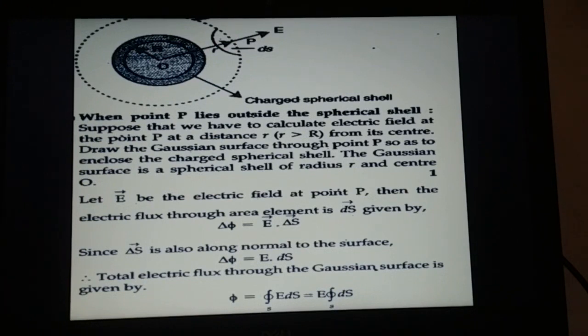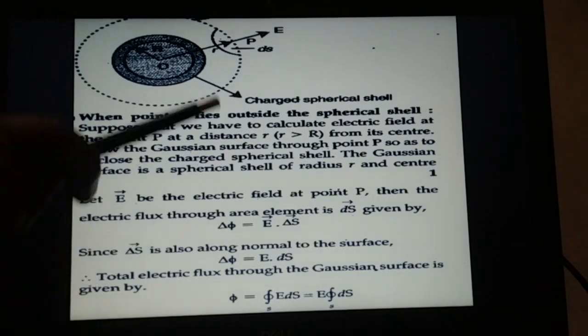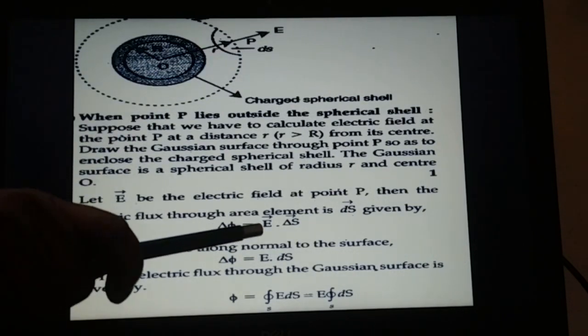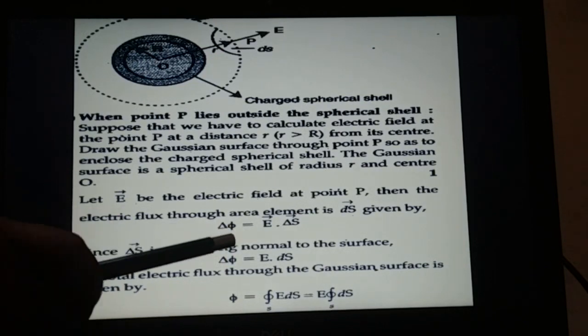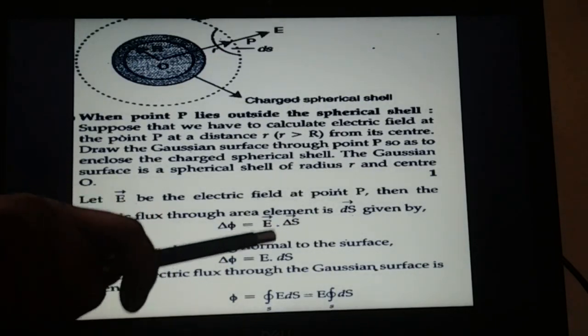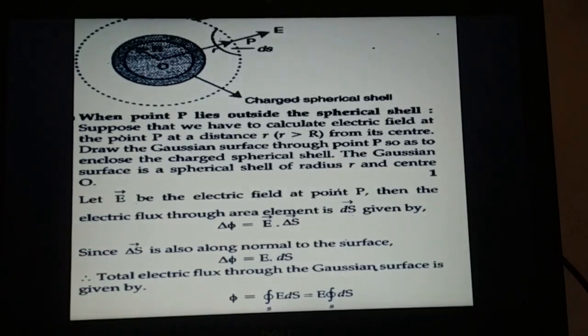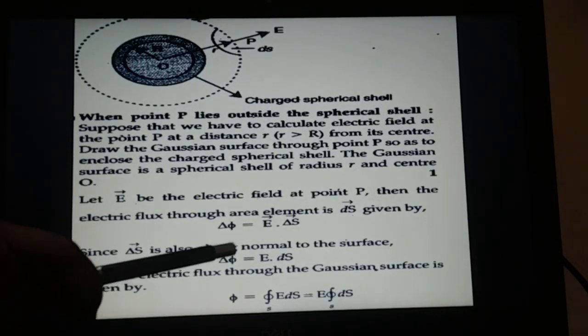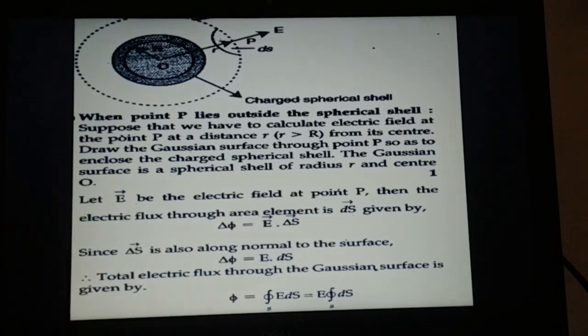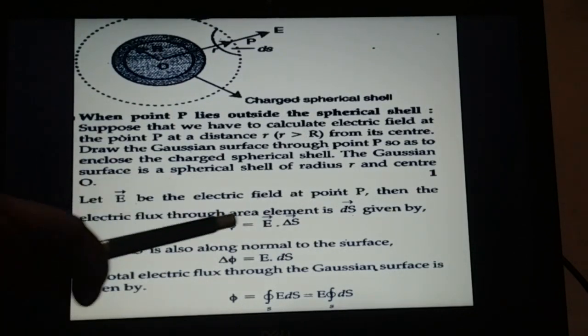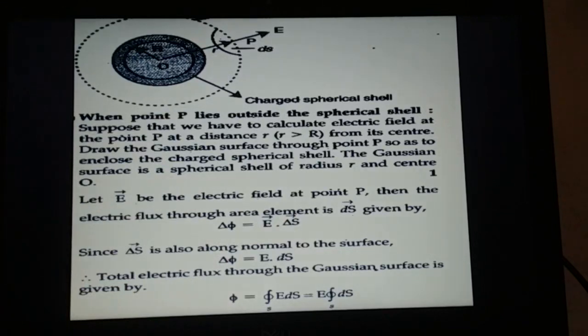We have to find out the electric field intensity at the point P. What to do? As usual, you find out the flux using the definition and flux using Gauss theorem. So first of all, we can find out the electric flux delta phi through the small area ds using the definition. So delta phi is equal to E dot delta S. Both are vectors. Since E and ds are two vectors which are parallel to each other, as I told you yesterday also,